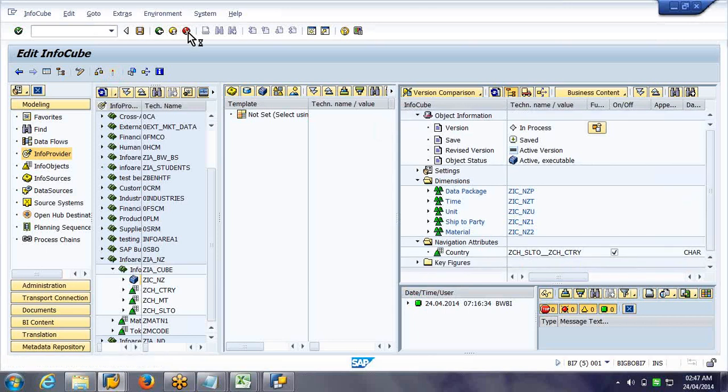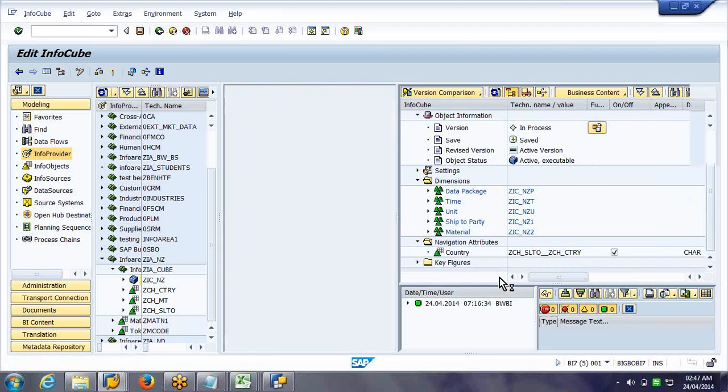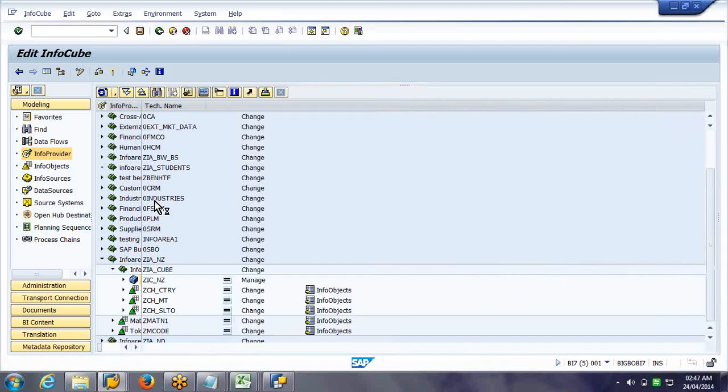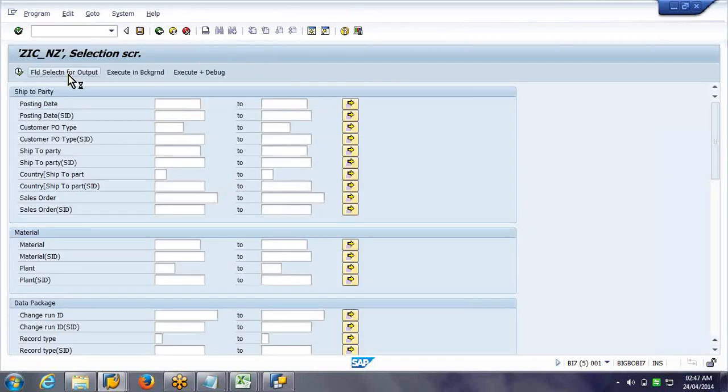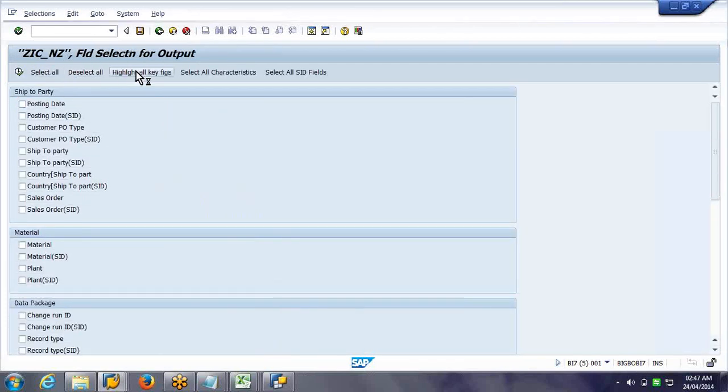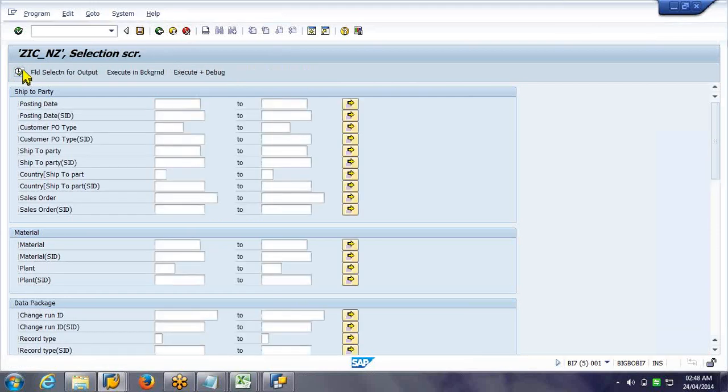It's like if you display data in the cube, it will show the data even for this one. But that doesn't mean that country information is stored in the cube. It is just fetching it from master data and showing it to you, as it would do during reporting.